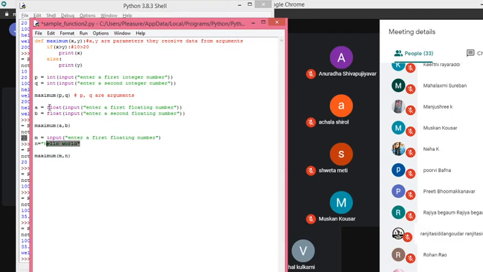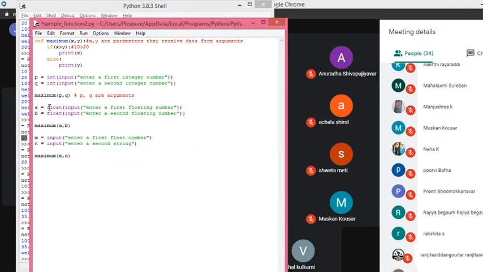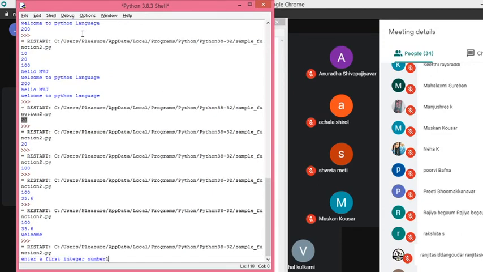For the second one I'll write input of "Enter a second string", and "Enter a first string". Conversion is not required for string form, because the data that we type from the keyboard is read in string form only. Now if we run this code,